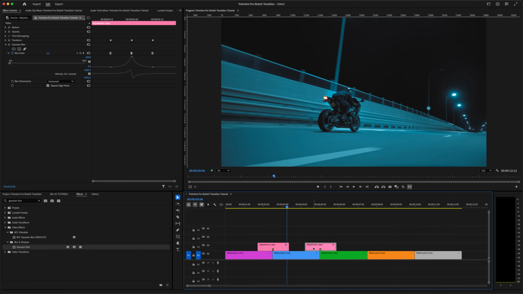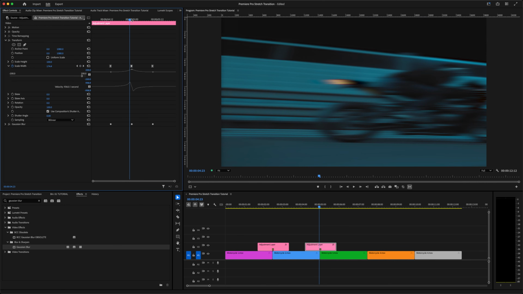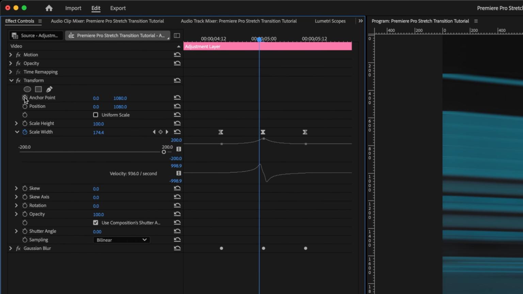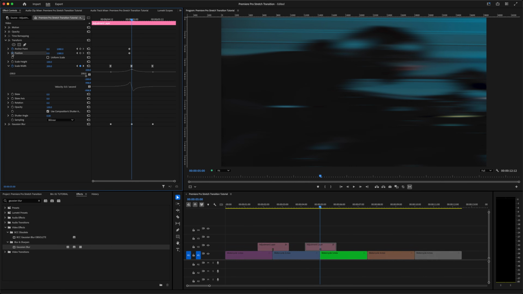I'll select that adjustment layer, head back over to the Effect Controls window, move the playhead to the middle keyframe, and then go back one frame so we're on the last frame of the first clip. Click the stopwatch beside anchor point and position to set keyframes for both. Move ahead one frame to the cut point, the first frame of the second clip,